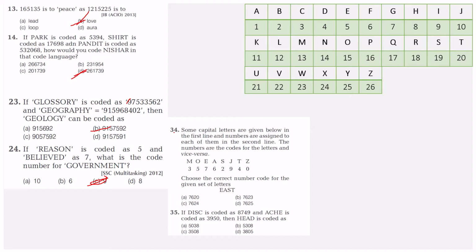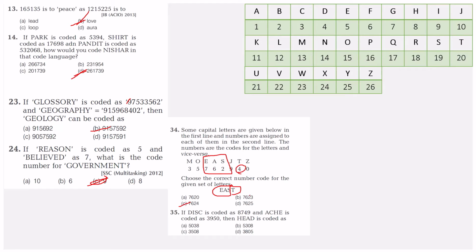So even giving 2 seconds for this question is more than enough. If you just take a look at EAS, you are getting the 3 by 4th of the given question. 762 is over here, over here, over here. So just take a look at T. So T is for 4. 762 for option C.